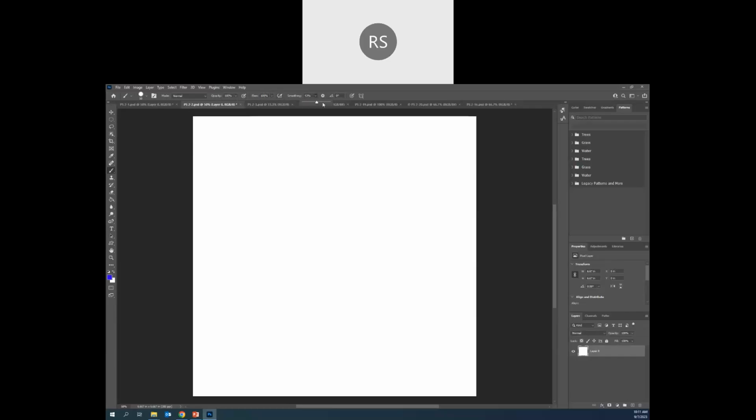So I'm going to choose my smoothing to 100%. I can adjust angles. And then also I can use pressure for the size and then other options as well. So for this example, I'm just going to leave it as I have set. And you'll see that when I click and drag,